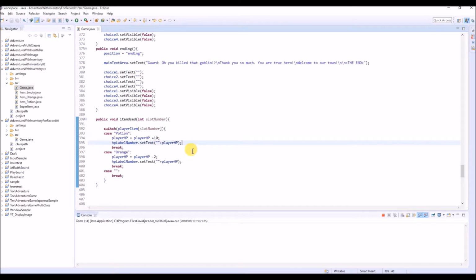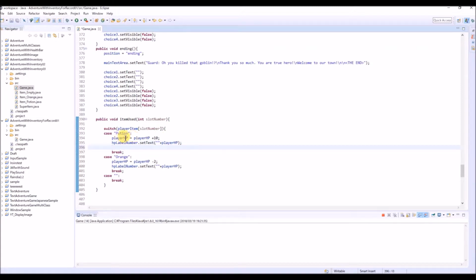So here, after you use this potion, then player item and slot number equal like this, nothing. So you want to make it empty. And here too,